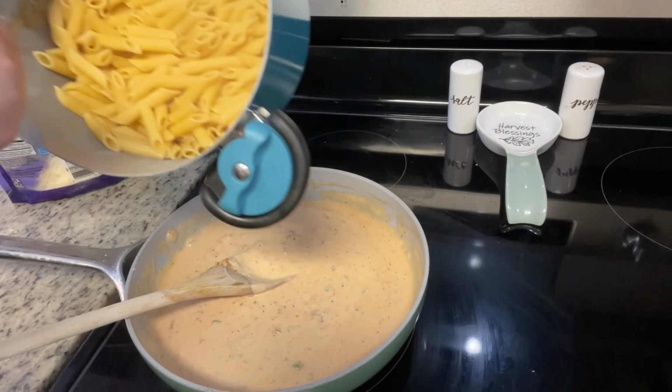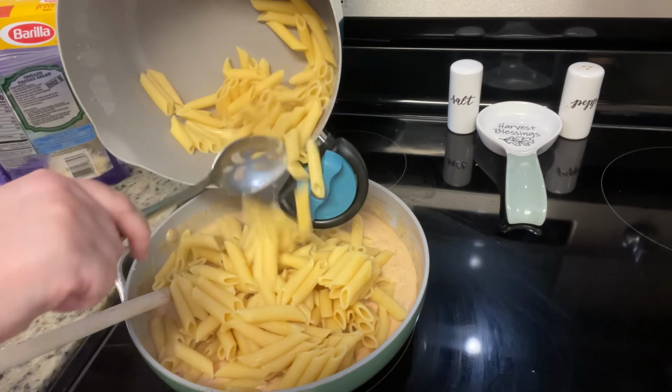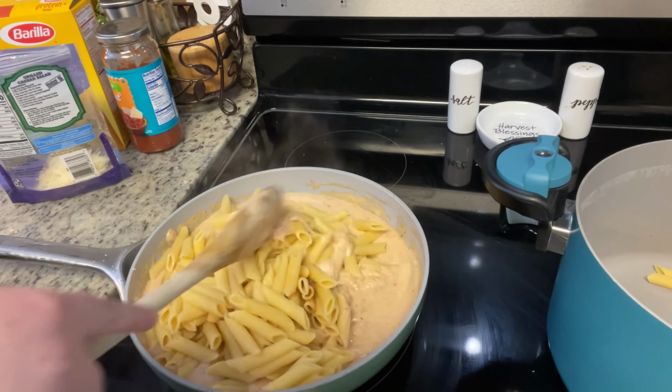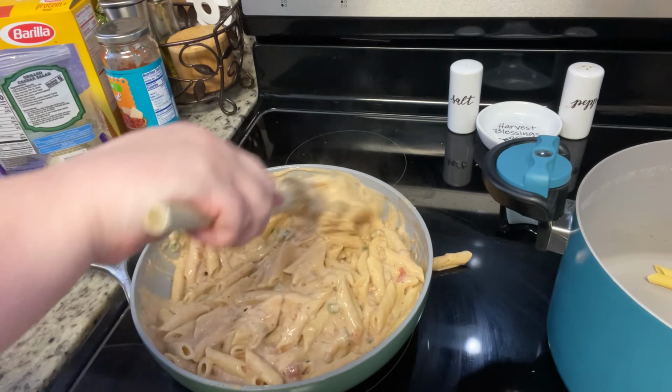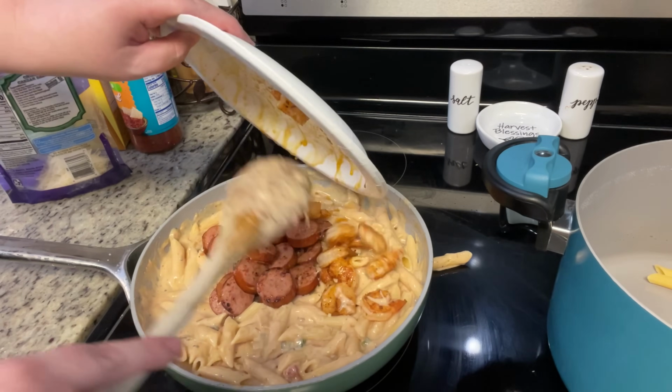You can use whatever kind of pasta you like. Cheddar's uses penne pasta, so I decided to use some of this Barilla Protein Plus penne pasta. Just cooked it according to the package instructions in some salted water. So once I've got that pasta stirred in, it's time to add back the shrimp and the sausage and then